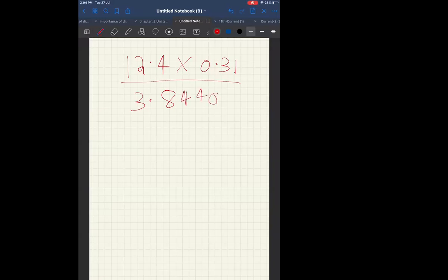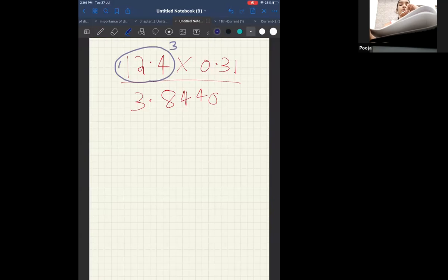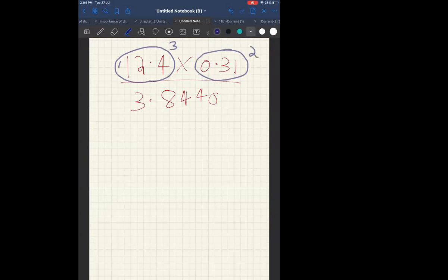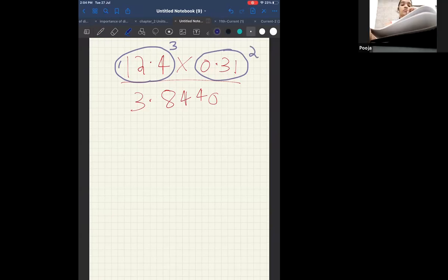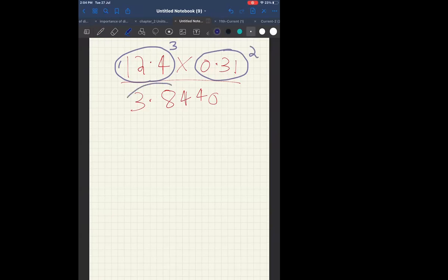Are you getting this, all of you? Okay. Now, since this is multiplication, I have to see not the decimal places, correct? I have to see the significant figures. Now tell me in the first number, how many significant figures are there? 3. In the second, 2. Therefore, my answer also should have how many significant figures? 2. Correct? Therefore, my answer has to have 2 significant figures.